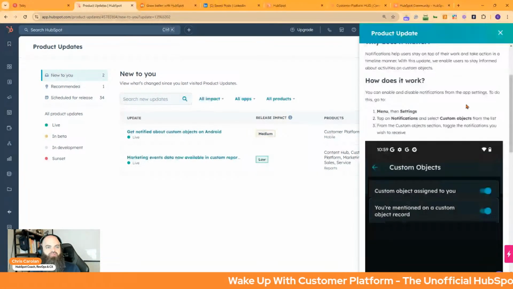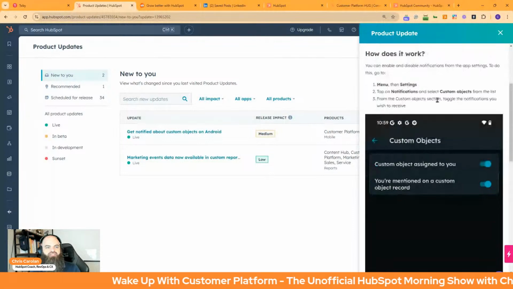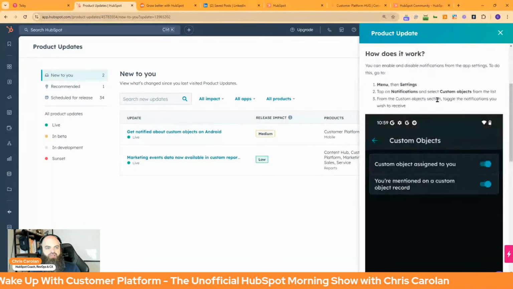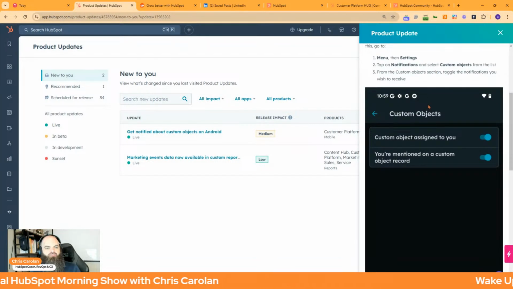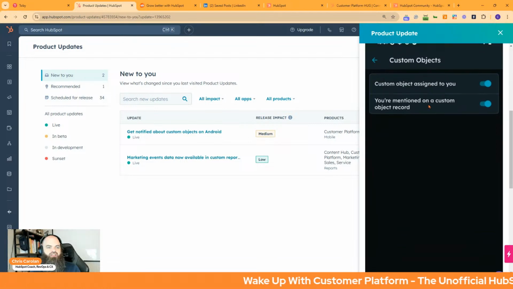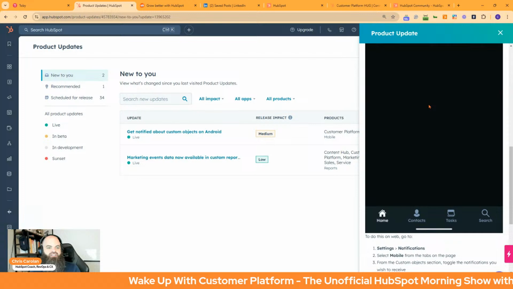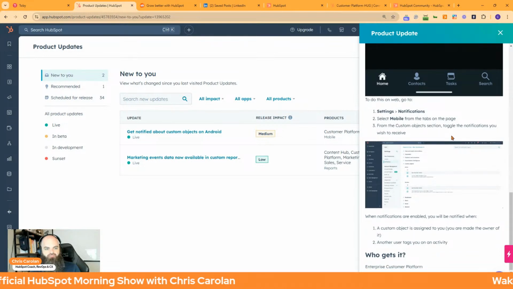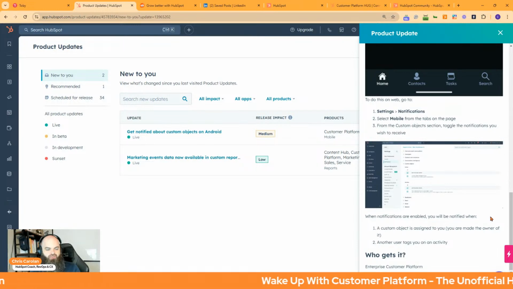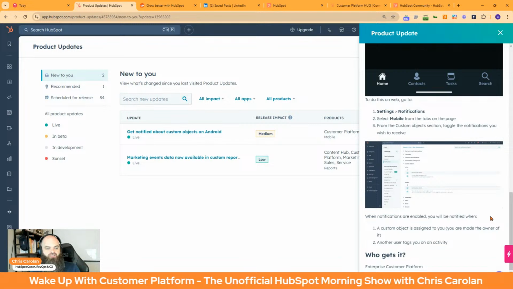How does it work? You can enable and disable notifications from the app settings. To do this, go to Menu, then Settings, tap on Notifications, and select Custom Objects from the list. From the Custom Objects section, toggle the notifications you wish to receive. And we've got a nice picture of that screen here. To do this on the web, go to Settings, Notifications, select Mobile from the tabs on the page. From the Custom Objects section, toggle the notifications you wish to receive. When notifications are enabled, you'll be notified when a custom object is assigned to you, you're made the owner of it,